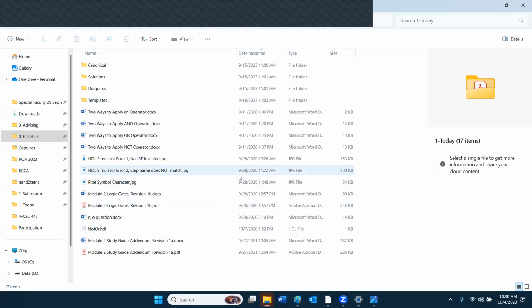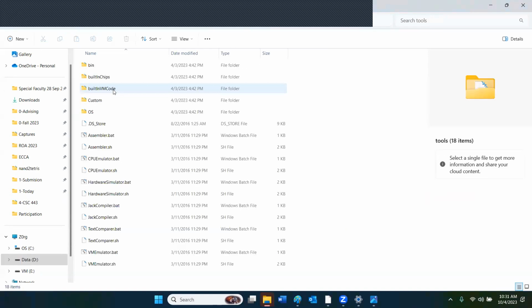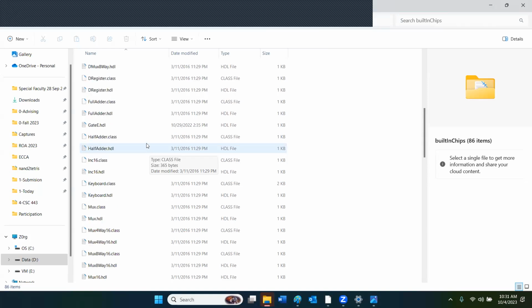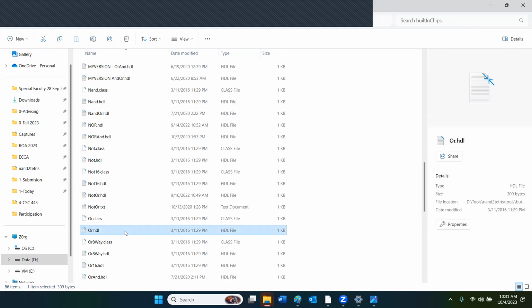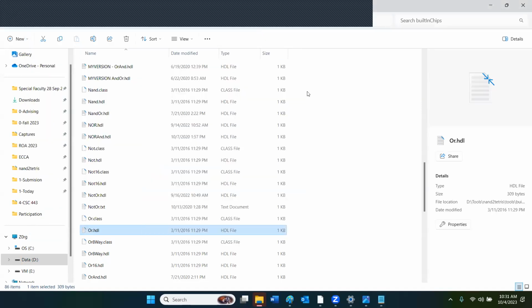If I go to my Nand to Tetris, and I go into tools, and I go into built-in chips, and I go into the OR, I think. No, it's in the textbook. The textbook shows the OR, and then it shows a truth table for the OR. So that's the